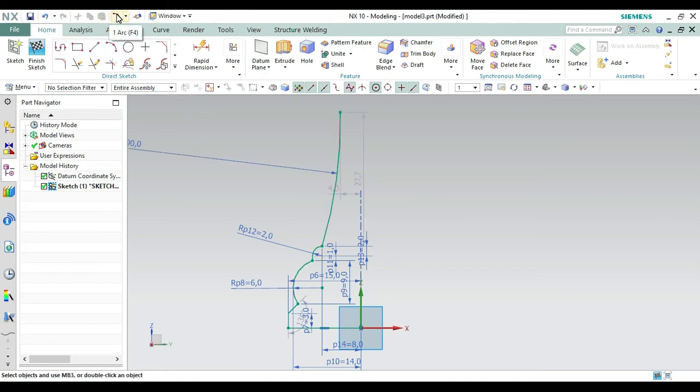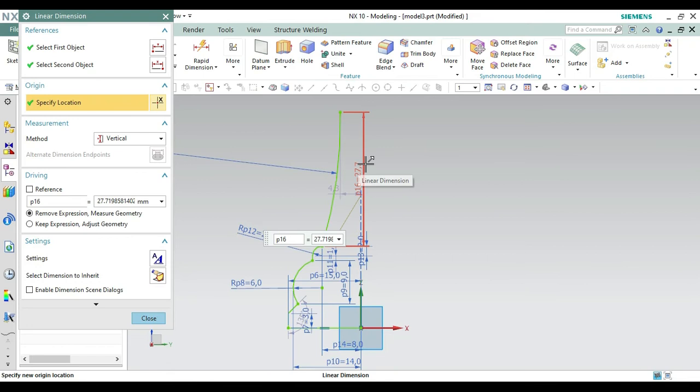Okay, now its vertical length is 27.7. It should be 42.43. So let's make it 42.43. First this should be removed whole, it should be 42.43. Let's create it. Now make it close,